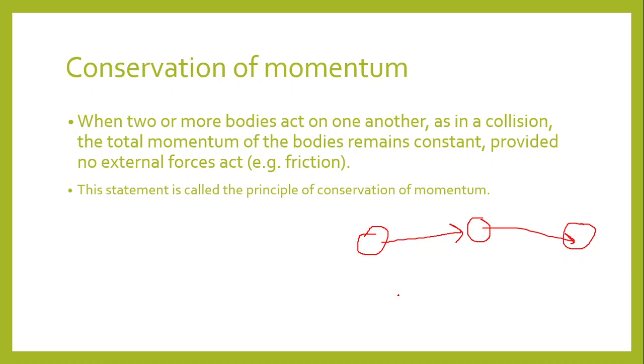Now, if in the end the conservation of momentum goes that the momentum that this ball initially had equals the momentum that this last ball plus this ball had after the impact. If the sum of all the end momentums of all these three after the impact equates to the initial momentum of this initial ball, then that means that the momentum has been conserved